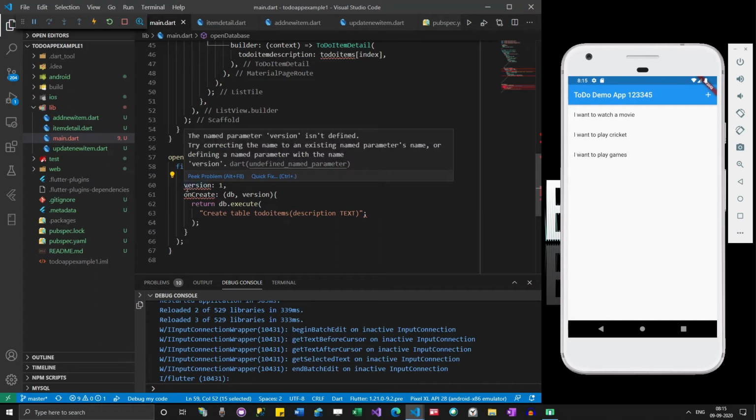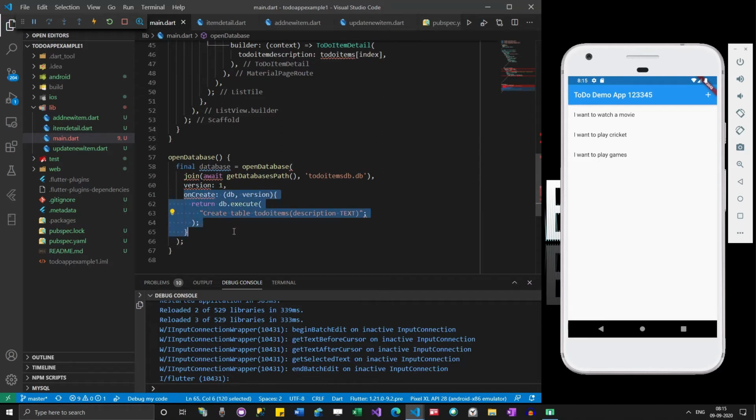And then this, I'll come back to this version again. When you are creating it for the first time, this is something which will be executed. Okay, and then we also maintain a version. Just imagine you want to modify the actual table. If you want to add some more columns to this table, you have to change the version and then make changes. Whenever you change the version, this on create will be executed again. Okay, there are a number of other things also which you can figure out yourself, like on create, on update, such kinds of things are there.